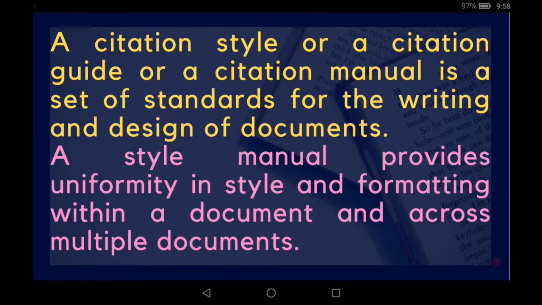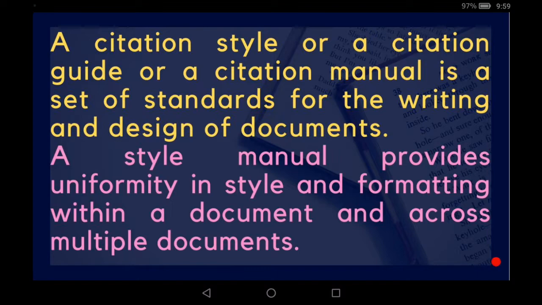A citation style, or a citation guide, or a citation manual, is a set of standards for the writing and design of documents. It depends in which particular subject, in which particular field you are working, what your citation style should be. A style manual provides uniformity in style so that all works in that particular subject, in that particular study area, should have one particular standard, so that there should be no difficulty in pointing out the citation. So there should be a uniformity, and for this uniformity a particular style is followed within a document and